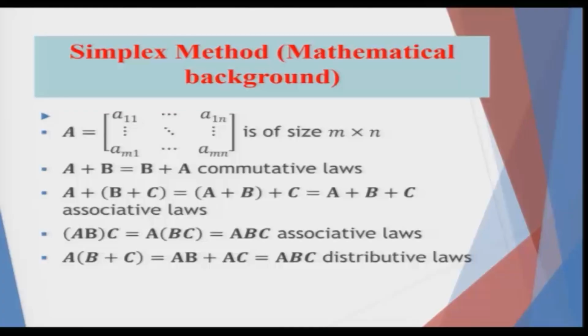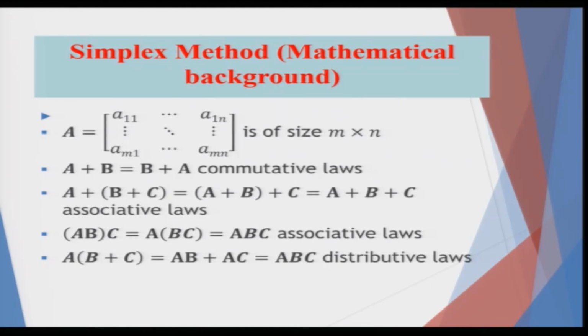Now, some very simple properties of matrices. Consider a matrix of size m cross n, so you will have m rows and n columns. I am not going to say whether m or n is larger. The commutative law for addition means that A plus B gives the same result as B plus A, and this will be utilized later on. So, please bear with me.